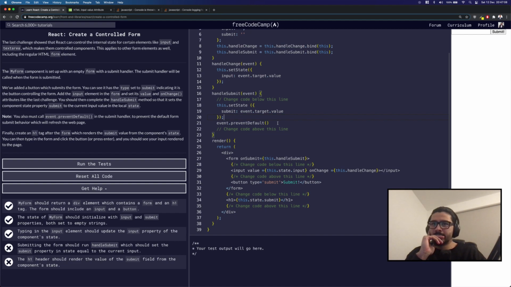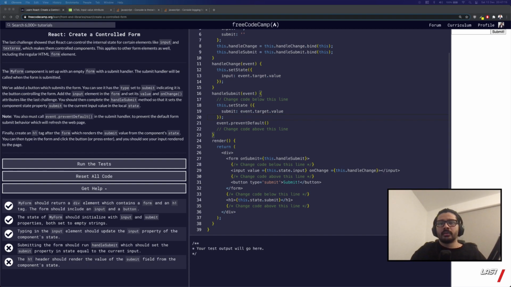I think by default it sends all the input values to whatever URL you specify within your form. So if that works, and then event target value, I don't think you need to take from value. Where you should be taking from